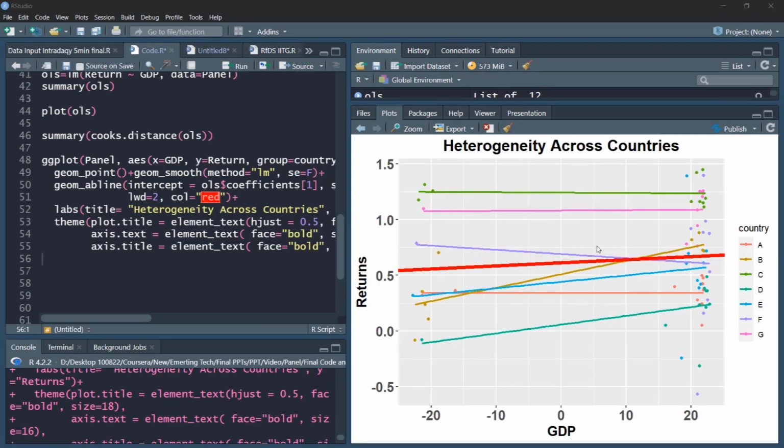So in this plot you can very nicely and clearly see the individual lines for countries A, B, C, D and their scatter points also, which shows that there is a lot of heterogeneity. For example, the green one, country C, is on the upper end while the lowest end is country D, dark green, and then you have some countries in between. And also the relationship between GDP and returns is not homogeneous across countries. There is a lot of heterogeneity in the relationship.